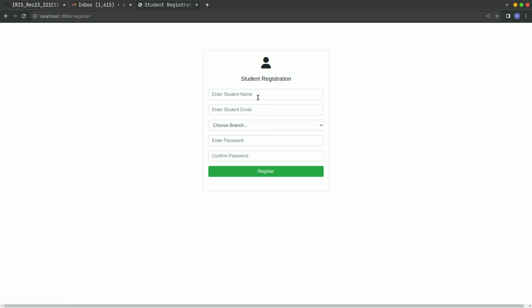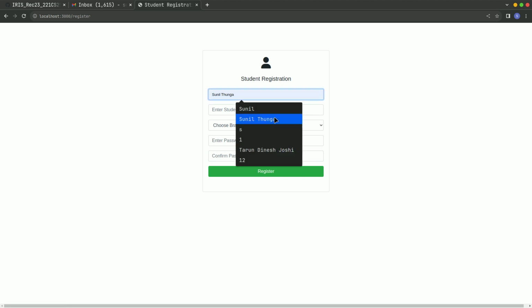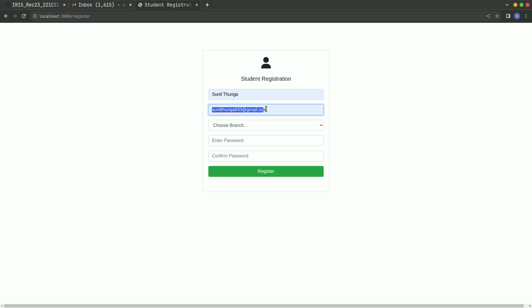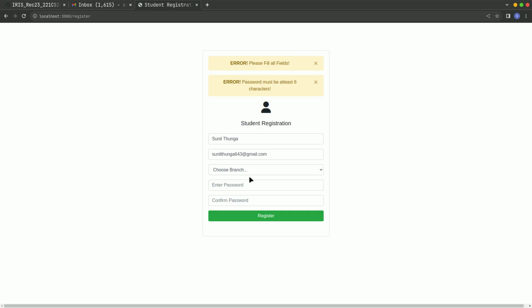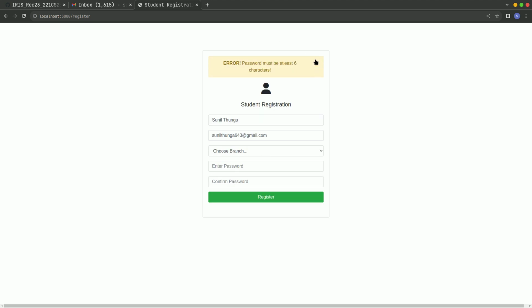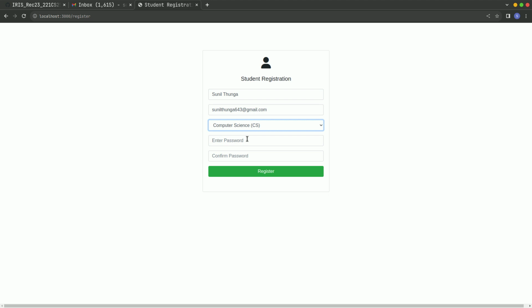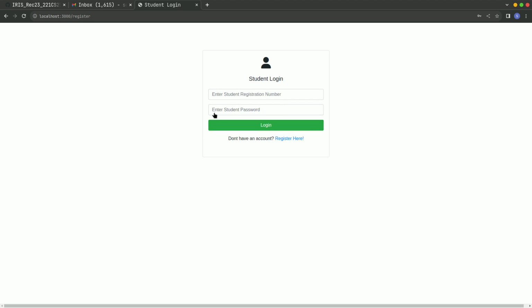Now when I click on register, I can register the new student. So let me just register the new student. Let me provide the proper email because data will be sent to this particular email. Let me choose the student's branch, which is in this case computer science, and I've added proper authentication in the sense that if I register incorrectly, it gives me error messages. So let me just choose the branch and let me enter the password. Let me enter a simple password, which is 123456, and similarly here. Right, now when I click on register, it returns back to the login page saying that the new user has been registered,